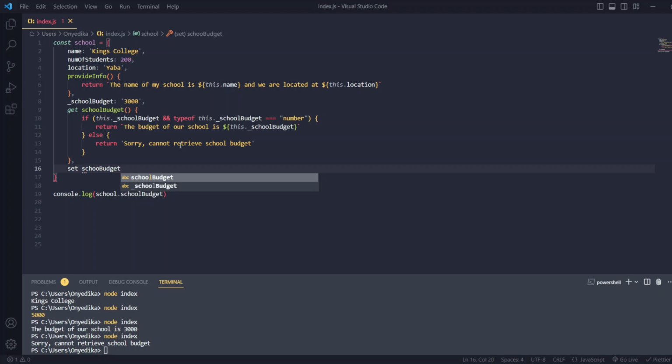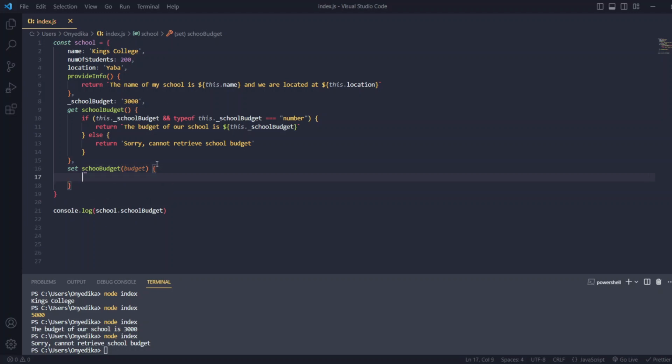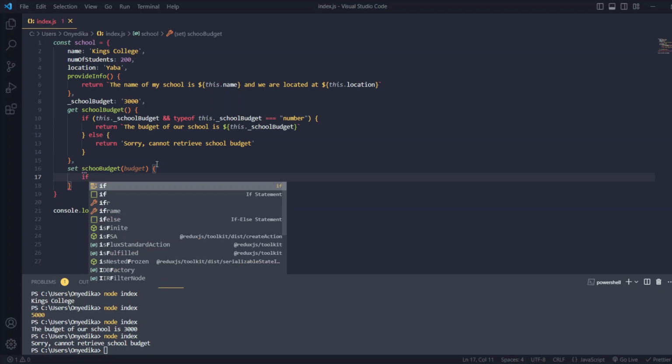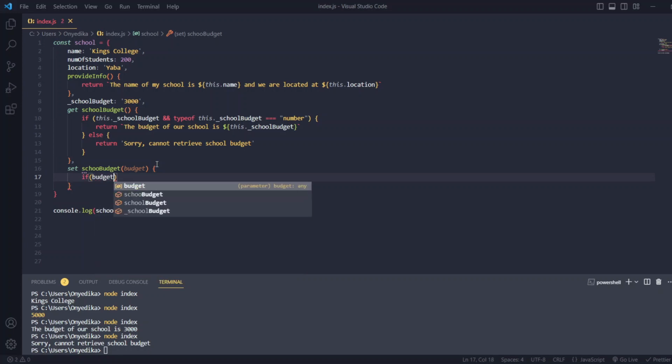So it's also a function that takes in a parameter, which is the budget, the new budget we want to change it to. So we are setting our school budget by giving it a new value. So we're taking in that new value as a parameter called budget. So first and foremost, we want to check if budget is strictly equals to a number. We don't want to set our school budget to